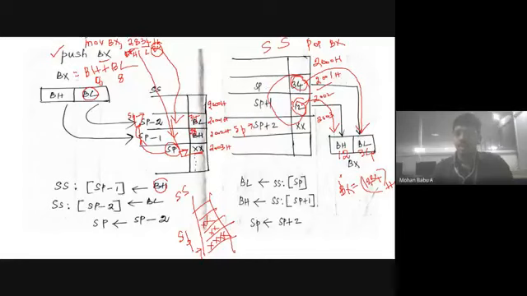If you pop this data out of the stack, this block is empty. What is the stack pointer? It will point to the address location on top of the stack. So if you pop this data out of the stack, now the stack pointer moves to the next address location. After you pop this data out of the stack, this address location is empty now. Now the stack pointer moves to which address location? The stack pointer moves to this address location. SP equals SP plus 2.